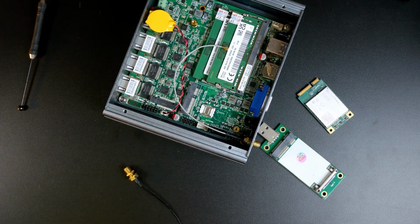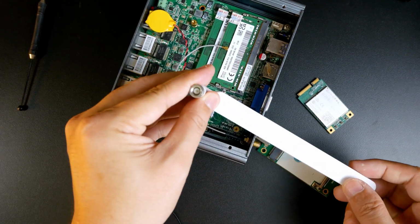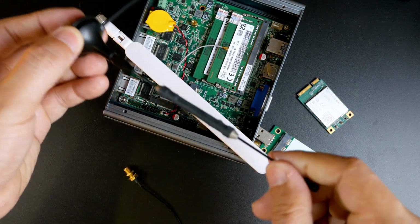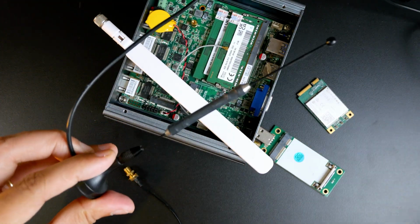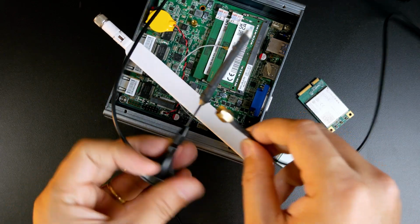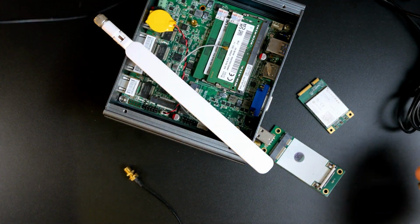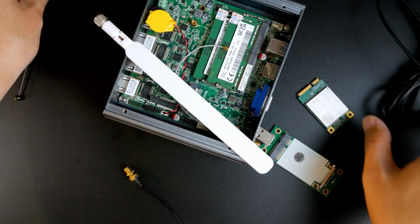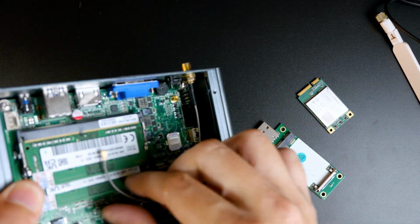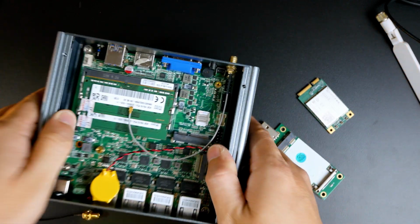And next you will need the LTE antenna. So right here we have the antenna. Let me show you. So here is another type of 4G antenna. And then on the other end you will have some types of cable like this. Alright, so I will put some links to the types of antennas in the video description so that you can check. So basically I have installed the cable on the case right here,